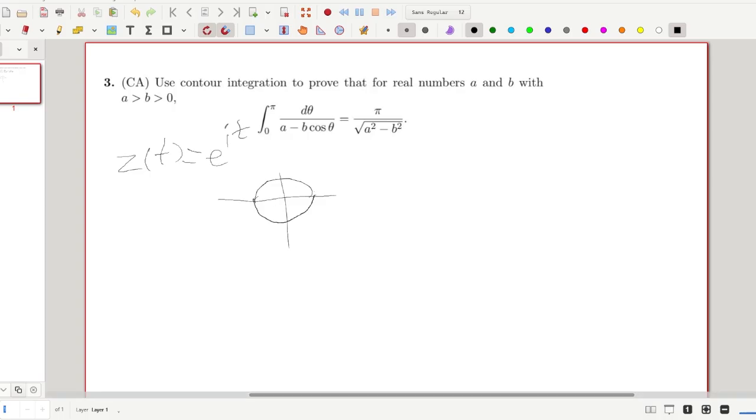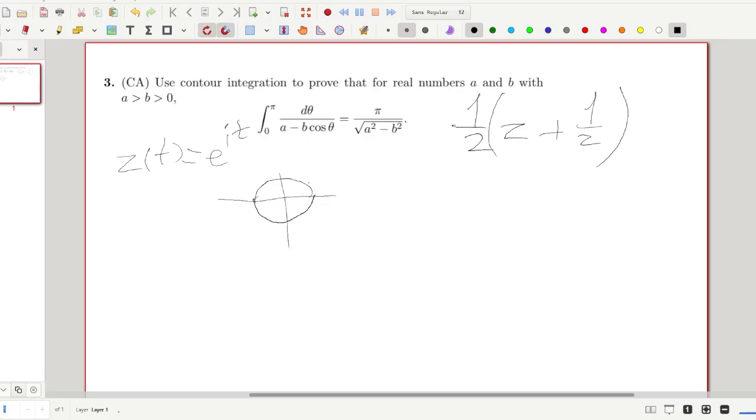And then we will likely apply the residue theorem. Because when we replace cosine of theta here, it's going to be something like z plus 1 over z, and then outside of the brackets we need to multiply it by 1/2. So I'm assuming we're going to get some polynomial in the denominator, and then we can apply the residue theorem to evaluate this integral. But first, again, we need to extend the contour, and to do that we're going to